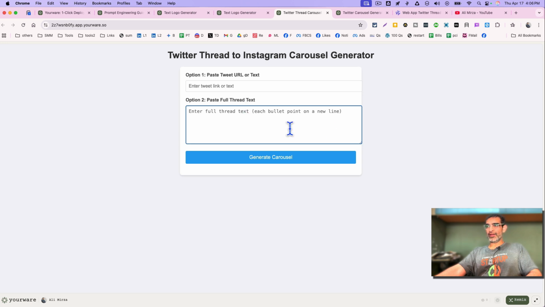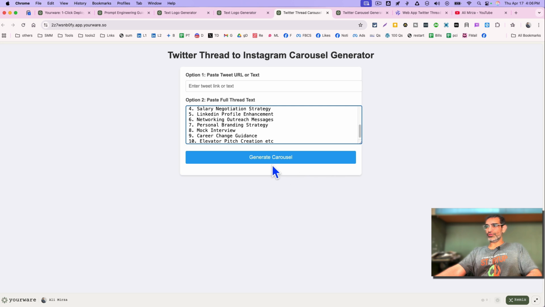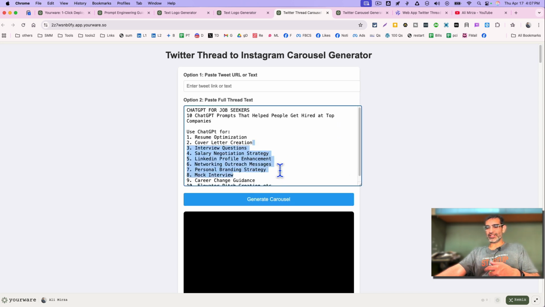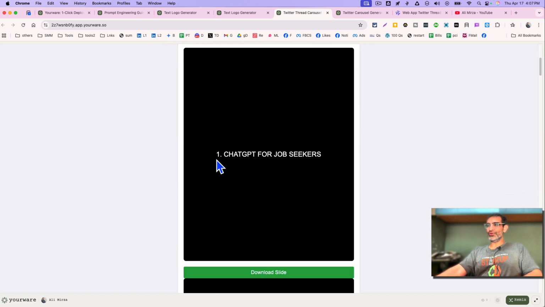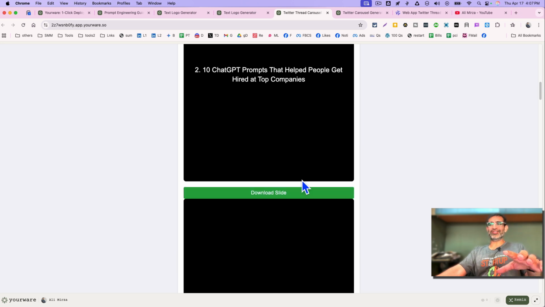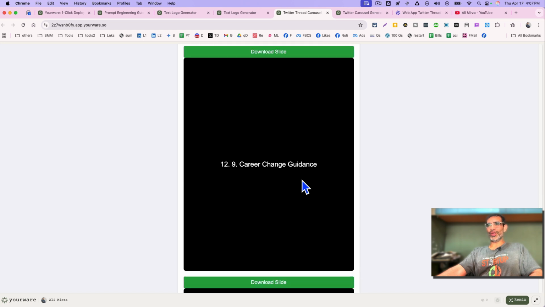And then let me actually paste something here to give you an example. It's going to convert a tweet URL into images, or you can also use text. So I'm just using a bunch of text. It's not even stylized properly, but that's not the point. The point is, it's going to convert that text into the slides, the black and white slide, the simplistic carousel. That's exactly what I wanted to create. And then it took me just a few seconds to deploy it on